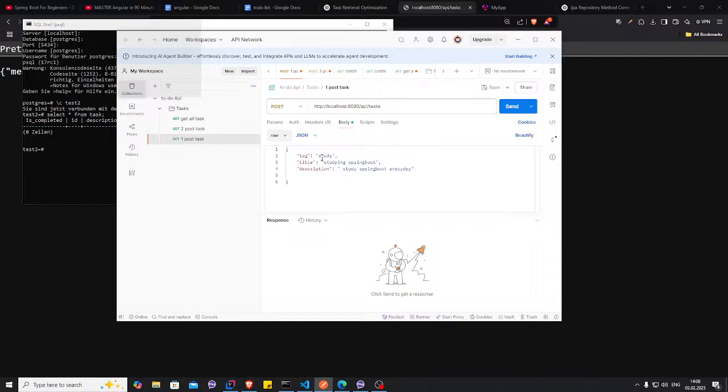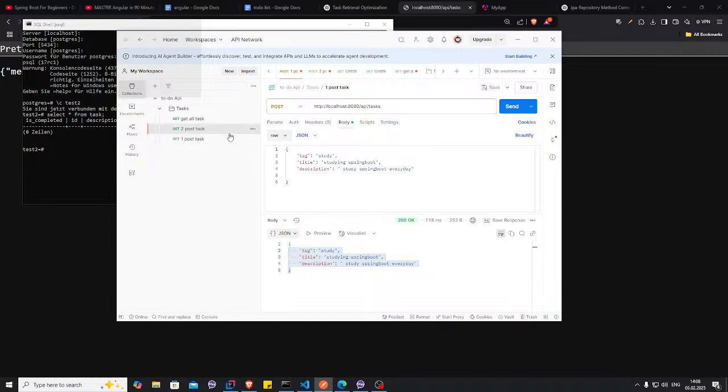We have the first. So by the way, if anyone watching this is new, we are creating a to-do list or something similar at least. So we have the tag, and then we have the title, and then we have some description for it. So for the title here, we say Spring Boot. Yeah, and if it gives us the OK and the same object back, so